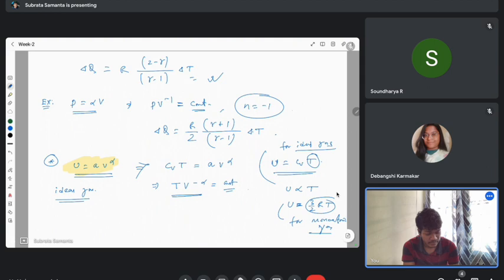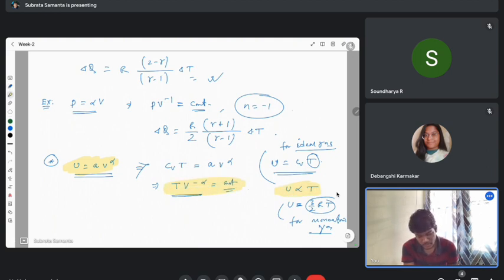Okay. So for ideal gas, you know that the U is proportional to temperature, so we end up with